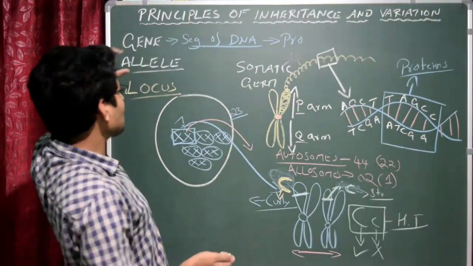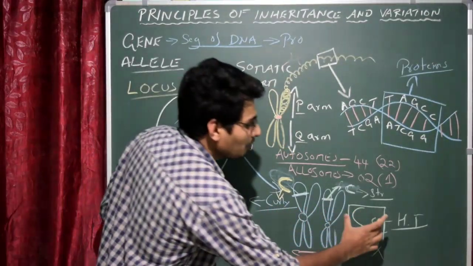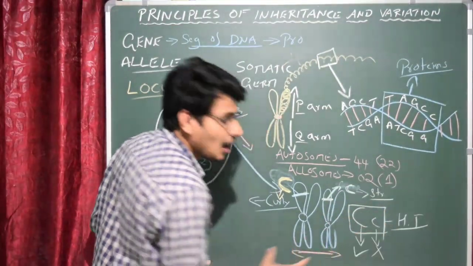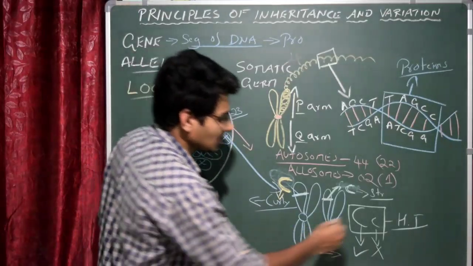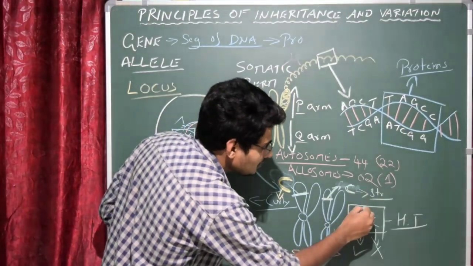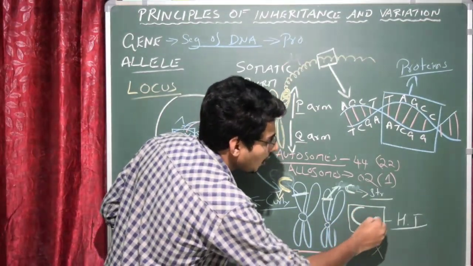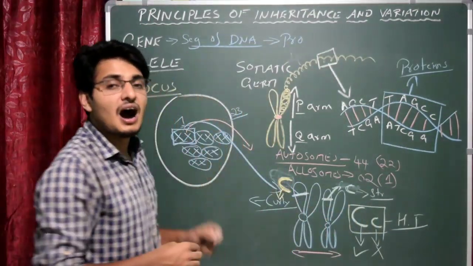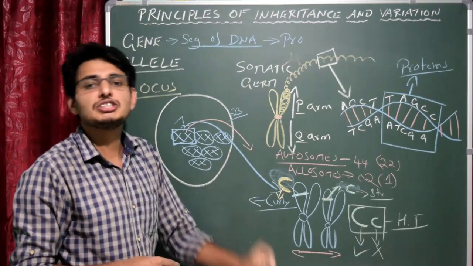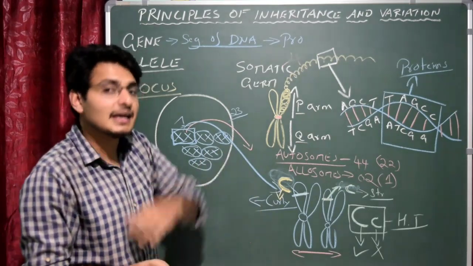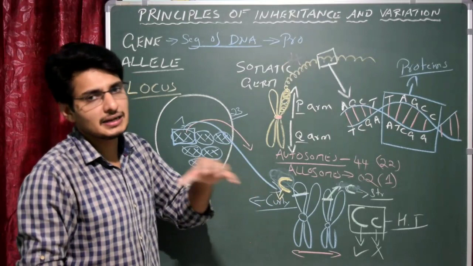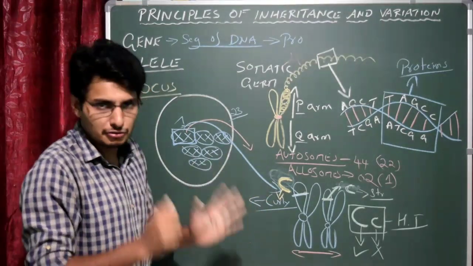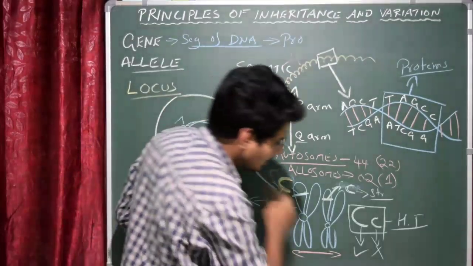So now, what is an allele? An allele is nothing but a pair of alternative forms of genes. That particular gene can express itself as capital letter C or small letter c. Got it? So that is the allele: alternative forms of a gene. You will understand allele later, once I start with the Mendelian experiments. No need to get confused, it's very easy.